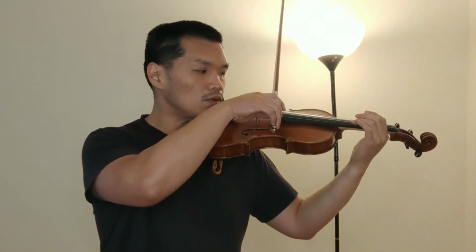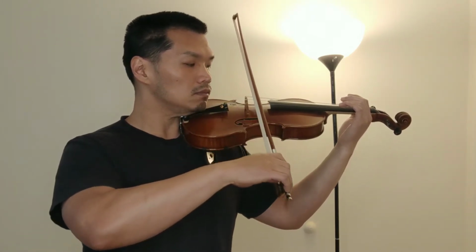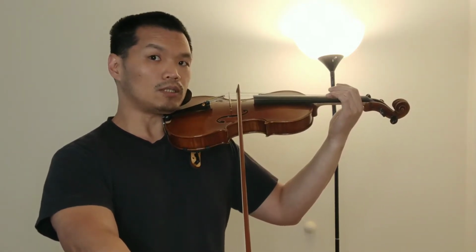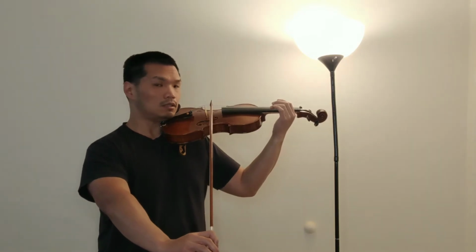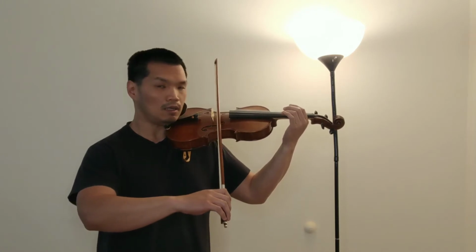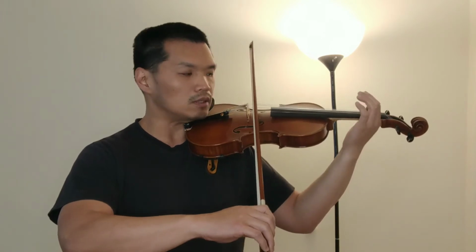If you notice my shoulder, you'll see that I pull it back a little bit, and then if I do, you can see that my bow is still parallel to the bridge, and my arm is pretty straight. Here, see. So when I go up, I'm using my elbow again, engaging the elbow, and then here is a square. When I have the square, now I can do it with the arm and the wrist,